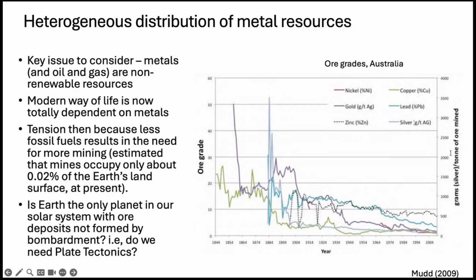Okay, but that begs the question: at what point, how low is too low? If we need more metals, but the ore grade is decreasing, what does that mean economically and societally? Oh, I got a comment on that. It's like this comment, we're going to run out of oil. We'll never run out of oil. What we will run out of is cheap oil. Yes. And it's the same thing with minerals.